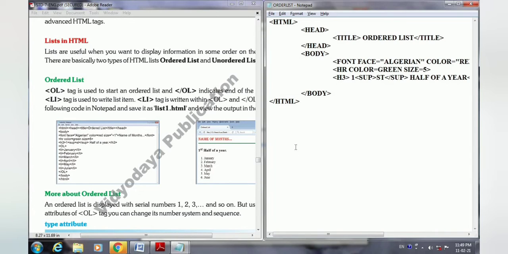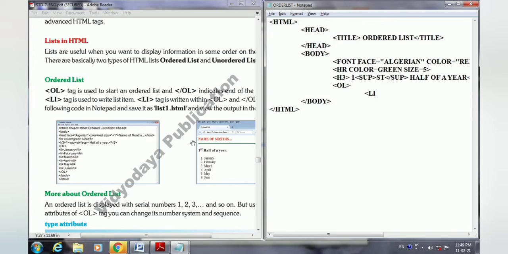Now which type of list do we want to create with numbers? See, a number series. So if the list is created with numbers, which type is this? Ordered list. To create an ordered list we have to use the OL tag. So first the opening OL tag. Then after, we have discussed that to insert list items, which tag is there? Yes, LI tag.